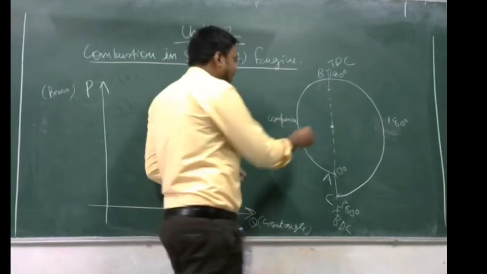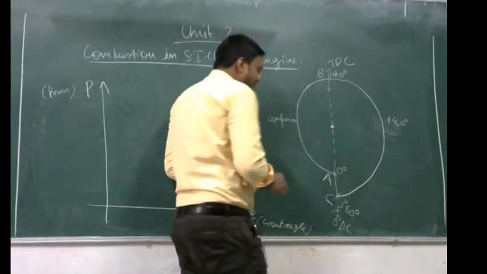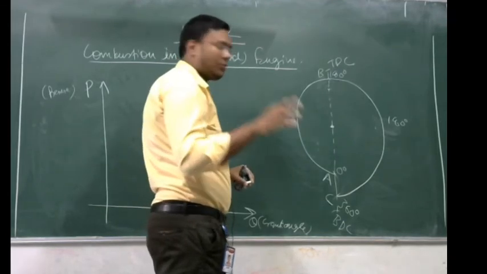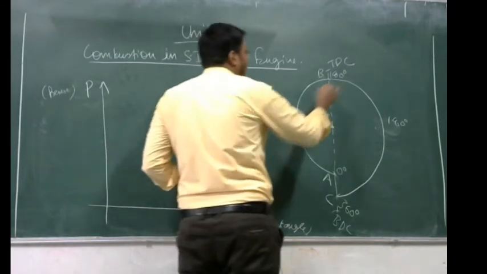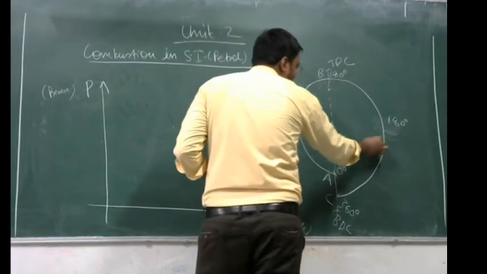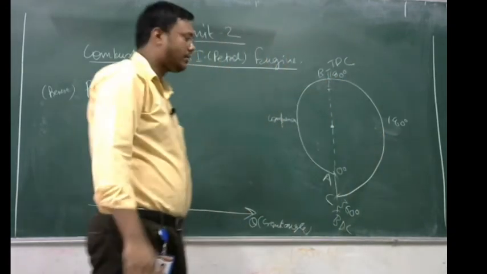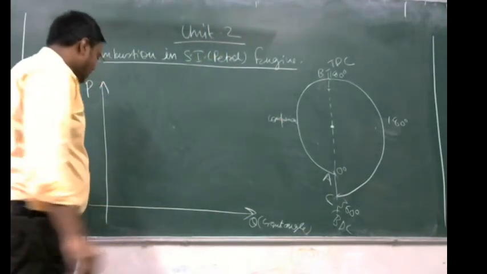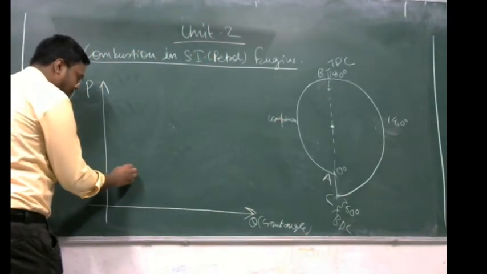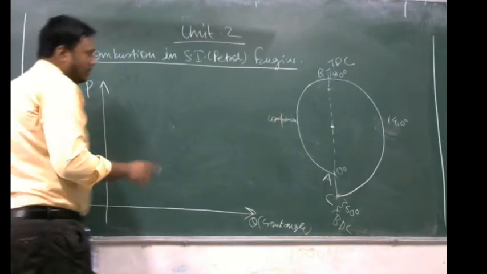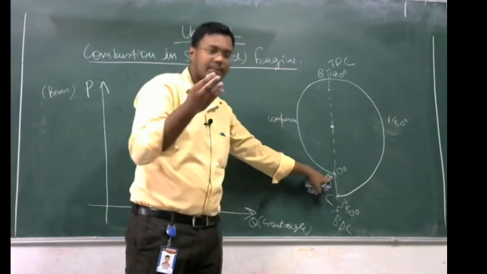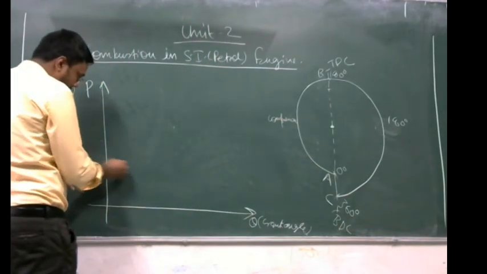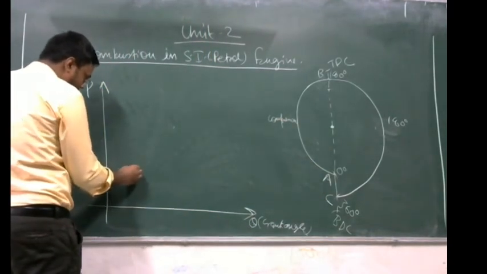So we can see that combustion basically involves three processes: compression, combustion, and expansion, meaning after combustion. If we draw this on a P theta diagram, we will start with, now when compression starts, pressure is high. Pressure is not 0, so we will start slightly above from here. Let us assume this is point A.